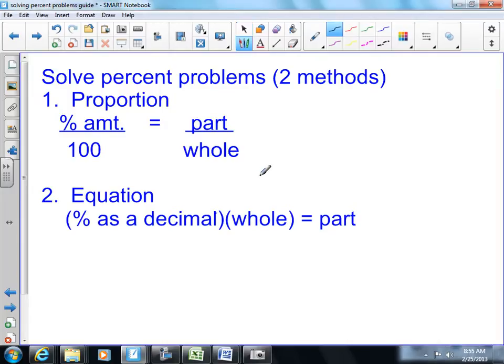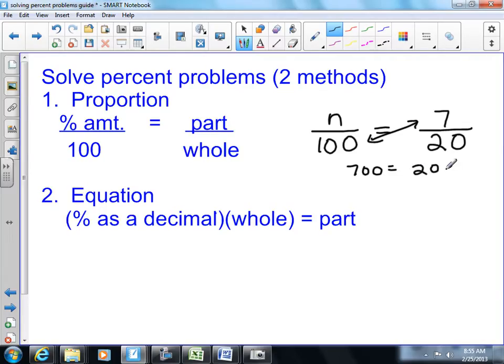So let's take a look at that last example we had, where I said if I got 7 out of 20 on a test, what percent was that? Do I know my percent amount? No, so I'm going to put an N over 100 equals, which one was the part? 7. I got 7. Out of, what was my total amount? My whole, 20. Okay, then you all know how to solve proportions. Let's do that. What do I do first? 7 times 100. We're going to use cross products. 7 times 100 is how much? 700